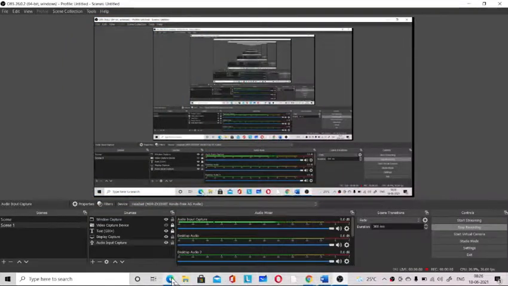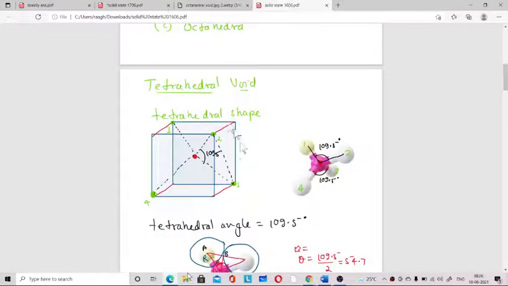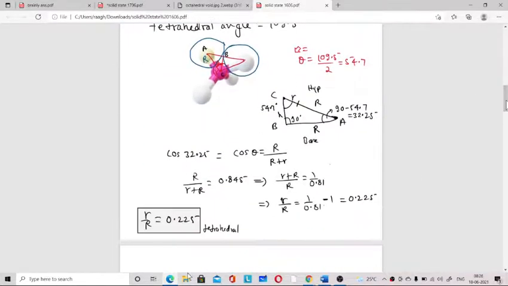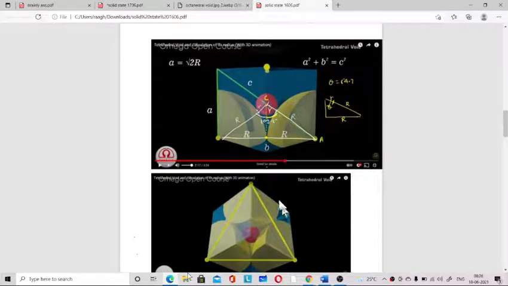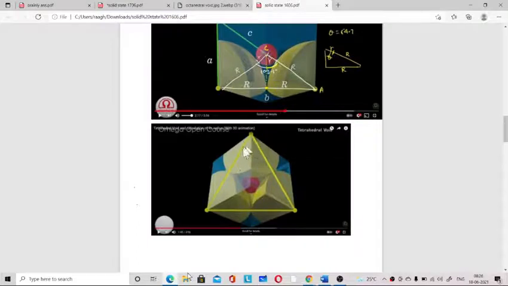Okay, so when I told you this one, in tetrahedral voids, these are diagonally opposite atoms in a cube, and this red one is the void. We did a lot of calculations here and there. So this is the void. This yellow atom, you can see one corner and then the opposite one. The center of this yellow sphere is lying at this corner, then diagonally opposite is this one, then diagonally opposite is this one. So adjacent corners do not have any atoms in the tetrahedral void. Got it, everybody?